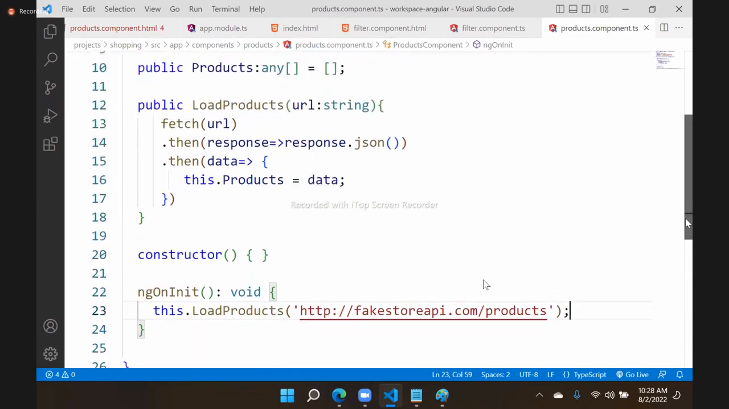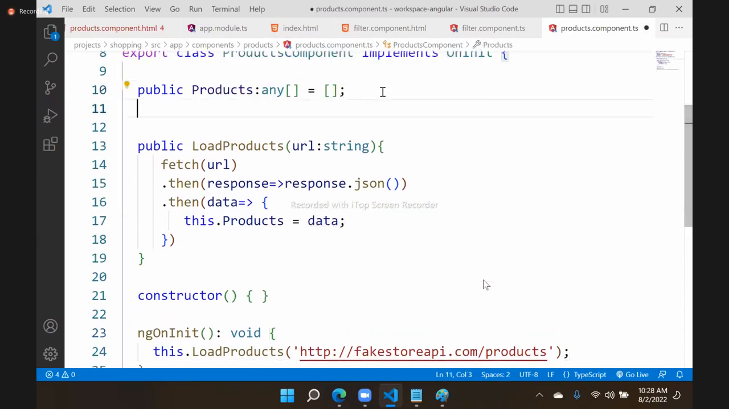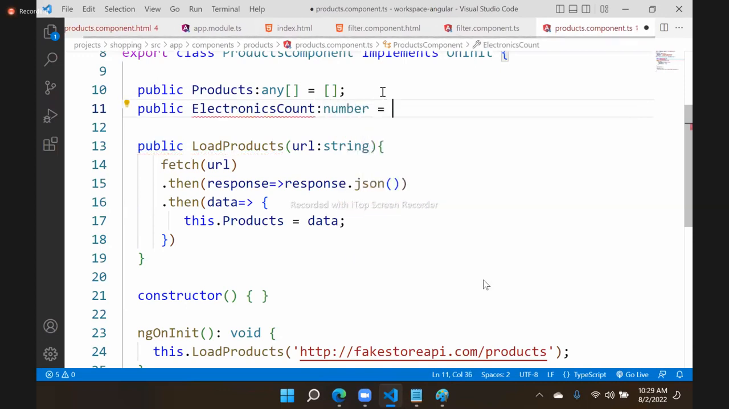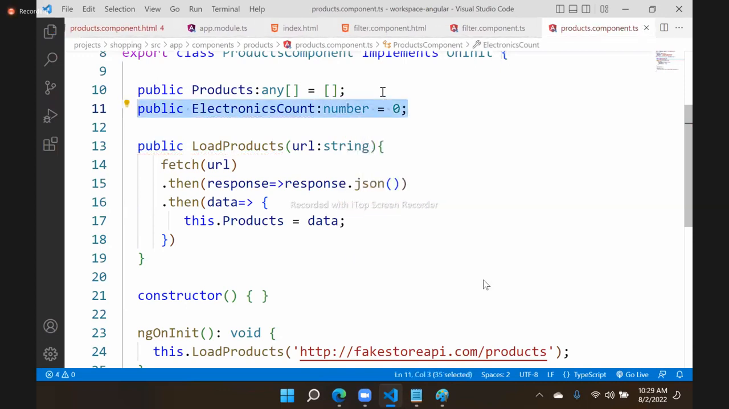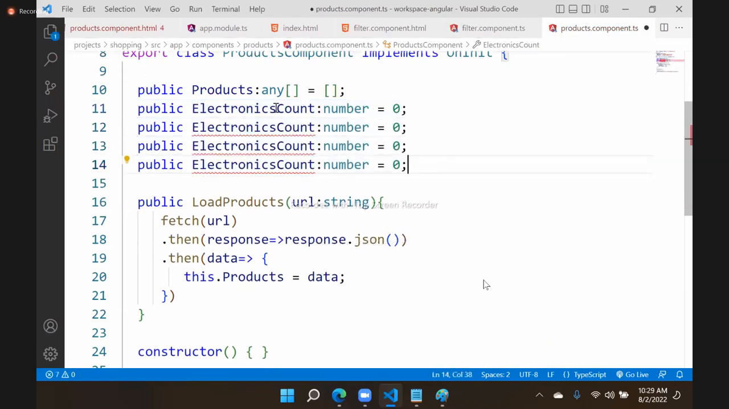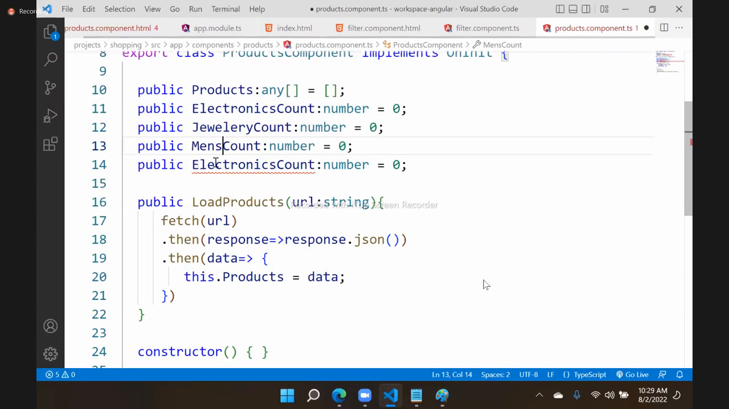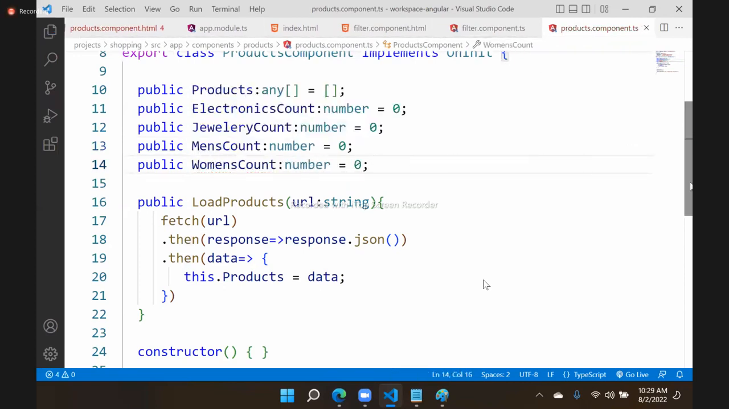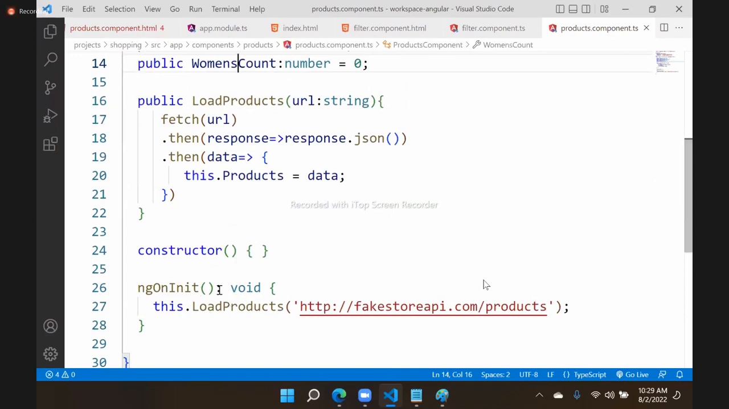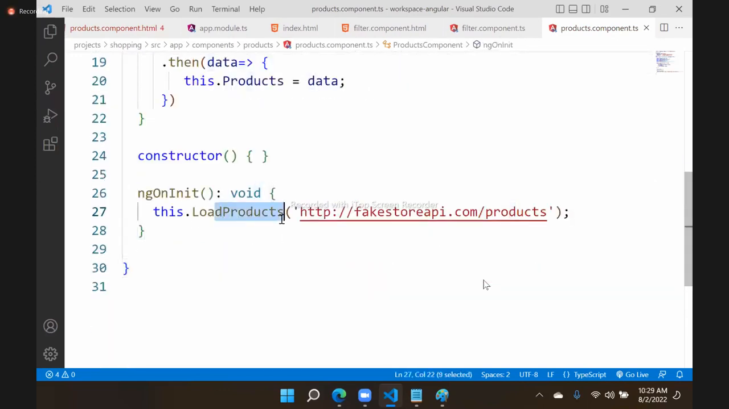How will you get the count here? That means I am creating a public electronics count. What type is it? Number type, initialized to 0. Same I will declare here also: electronics count, jewelry count, men's count, and women's count. Now the question is, on initialization, after loading the products,